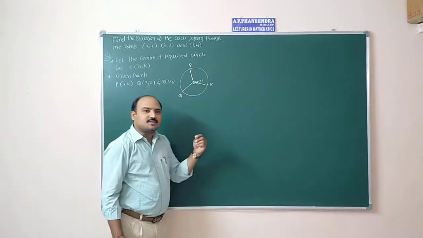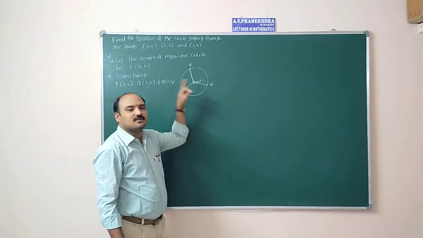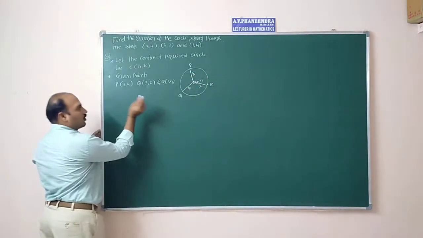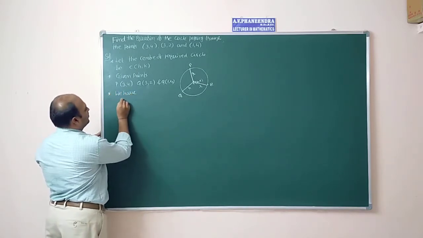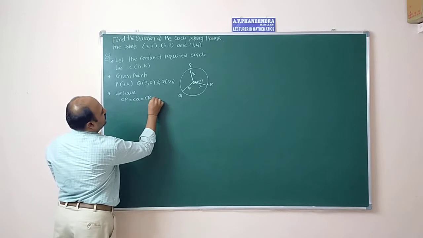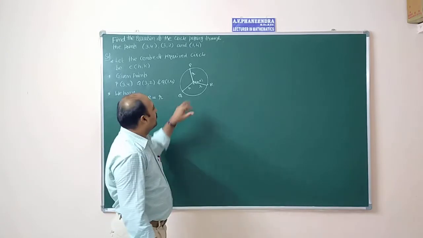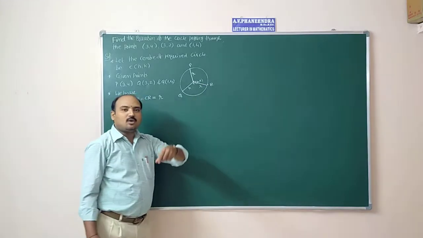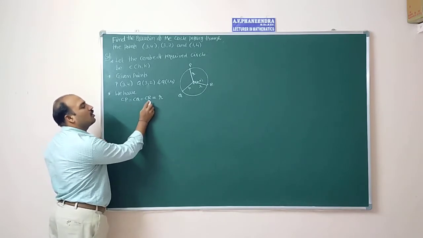We know that the distance from center of the circle to any point that lies on the circle is equal to radius. So from this diagram we have CP equal to CQ equal to CR, which is equal to radius of the circle. Now to get the coordinates of h comma k, the center coordinates, we need to get equations by equating CP equal to CQ and CQ equal to CR.